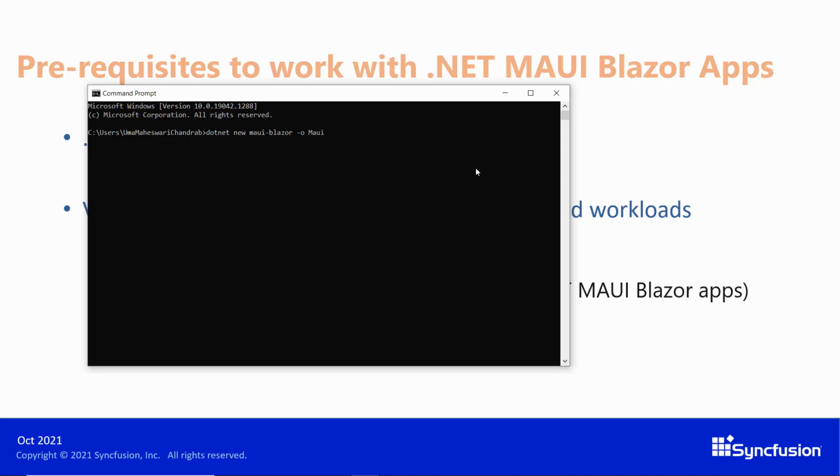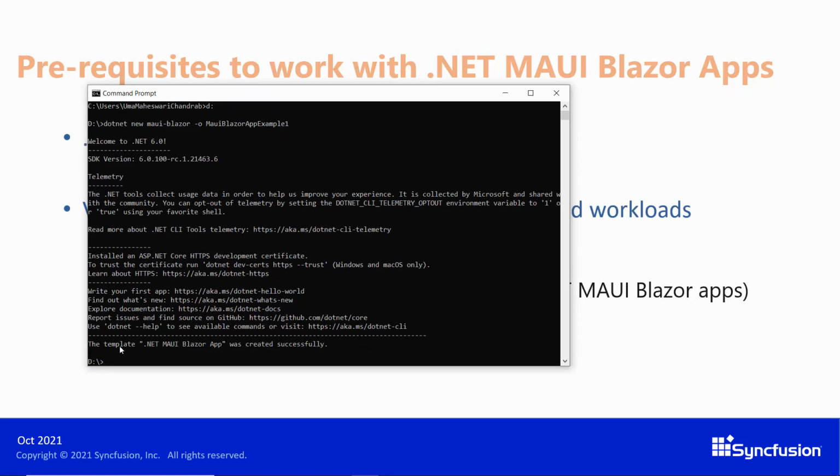So let me name my application as MyUI Blazor app example 1. Before I run this command, I need to create this application in some other location. Let me change the directory, and now I paste that command. The project template, .NET MyUI Blazor app template, will get created in D colon now. So let me press enter.